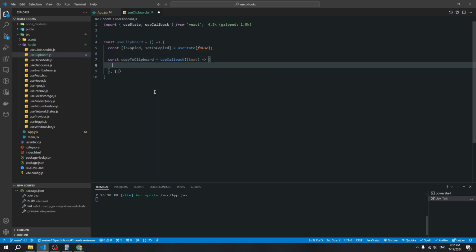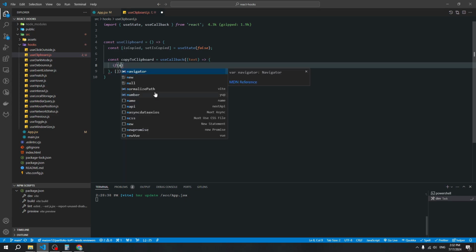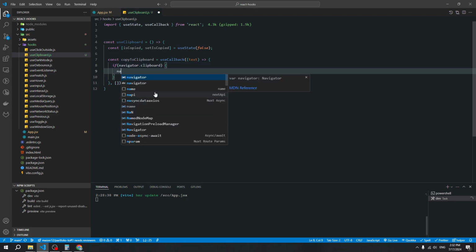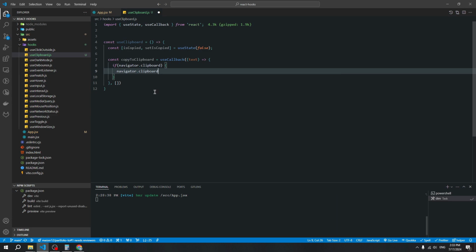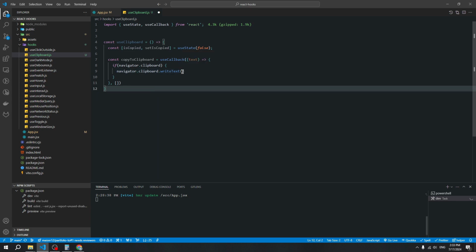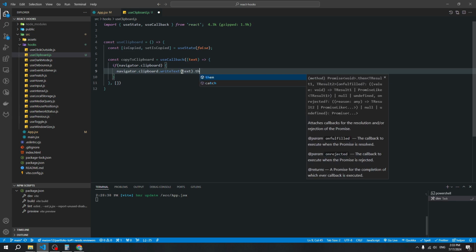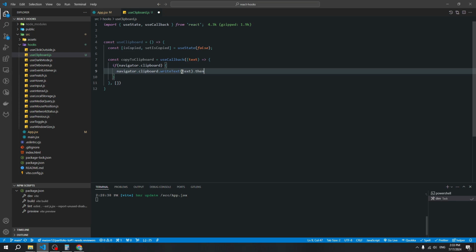Okay, and now create a condition. If navigator.clipboard, we need to use our navigator and the clipboard method writeText. And here we can add our text. Like you remember, this method works like a promise, and we can use the constructions then and catch. Create then,